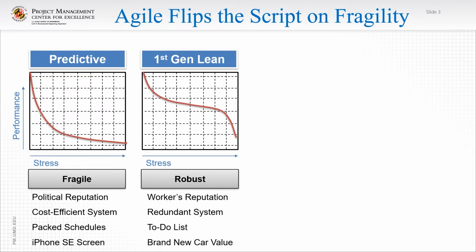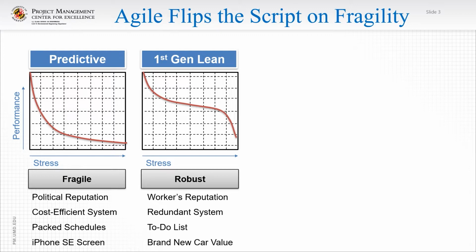Examples of systems that perform like this are systems that are redundant. They have backup systems. So when something fails, they can rely on other parts of the system to work. An example of how to manage your time this way is with a to-do list. If I have a list of things to do, even if that list is not in any priority order, as long as I just start at the top and keep working my way down, I'm going to get a lot of good work done. I would have to experience a lot of stress and basically not get anything done for me to feel unaccomplished.